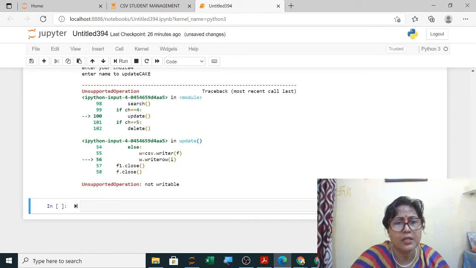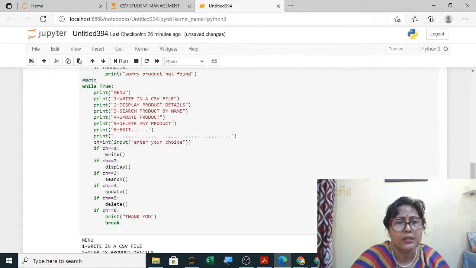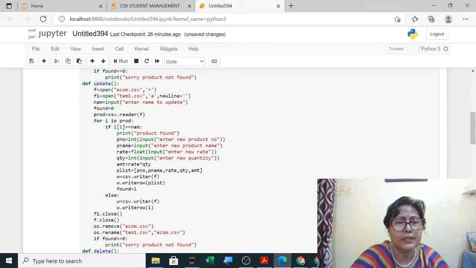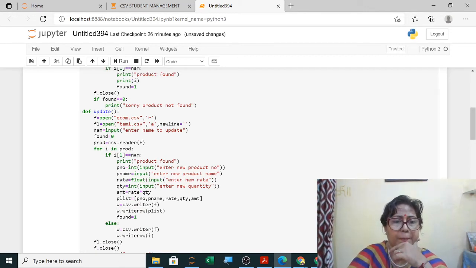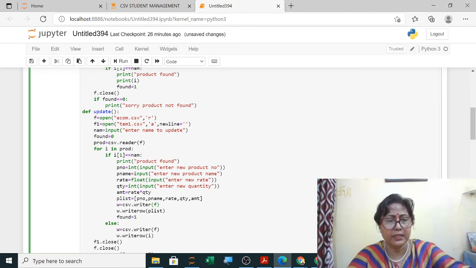It is in append mode. w.writerow i in update. In append we are doing, no. Why again and again am I making the same mistake? Append will be in f1.